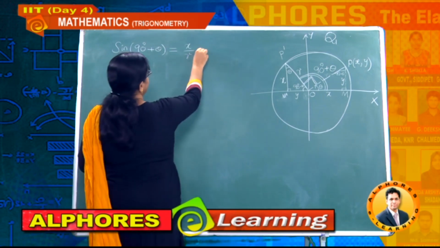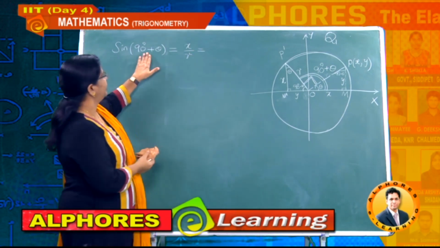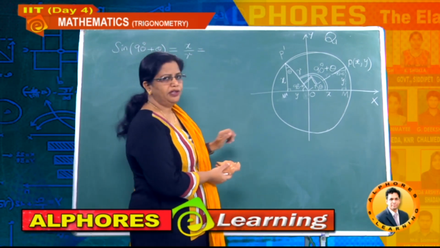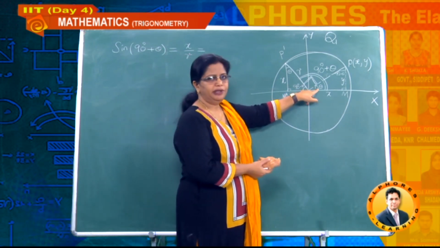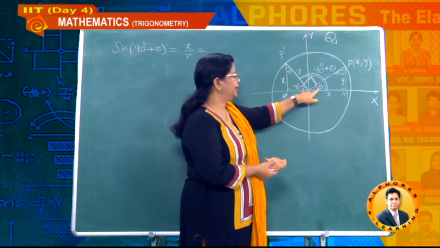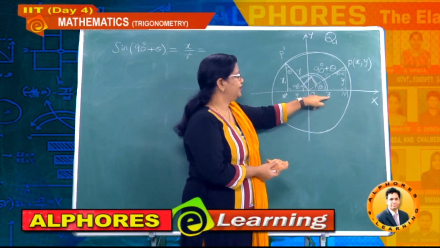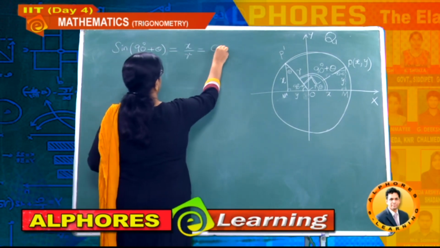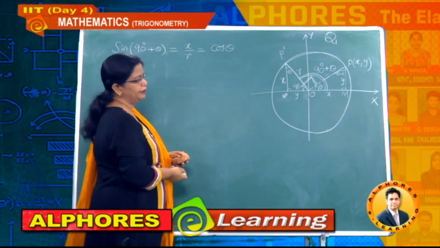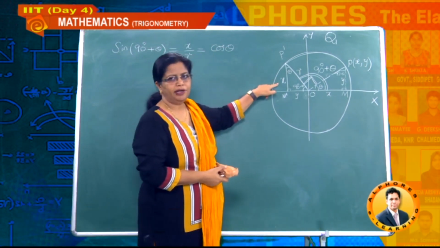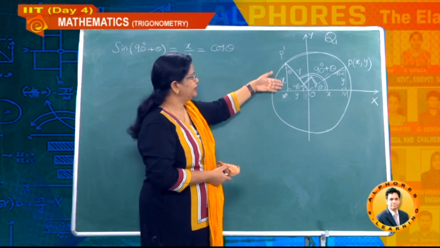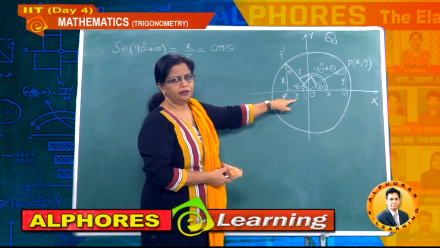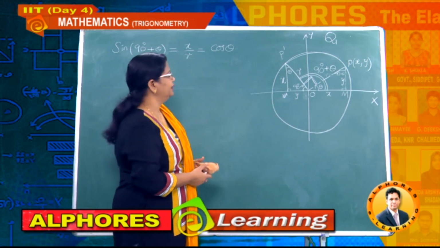And now this x value, suppose I want to write the same value in terms of only theta, that is the acute angle. Then what is the value here? Theta. Then from this diagram you observe x divided by r is nothing but cos theta. Therefore you got sin 90 plus theta equal to cos theta. And observe here in the second quadrant this y coordinate, that means this value is always positive, whereas this value you can observe here is a negative value. That's why here we write.